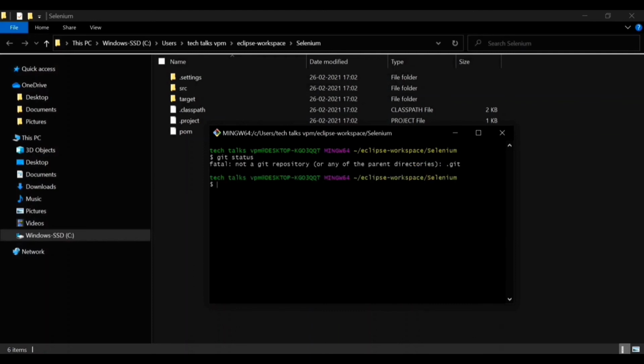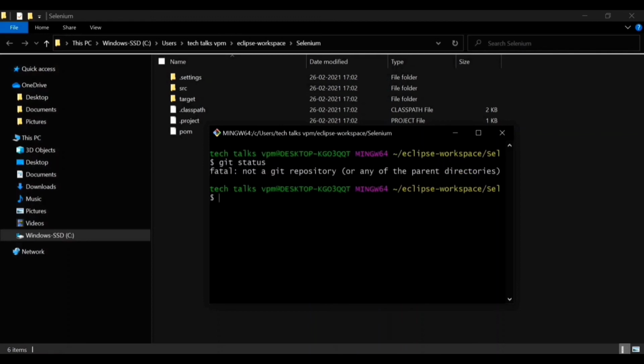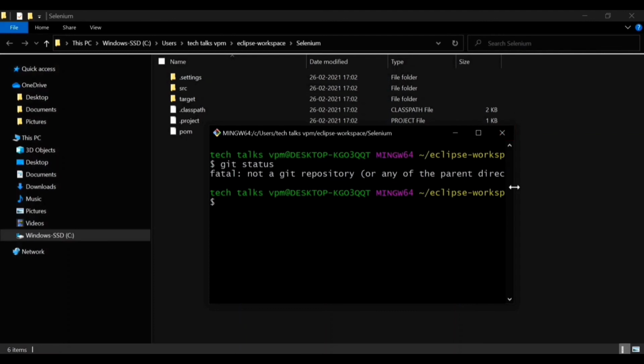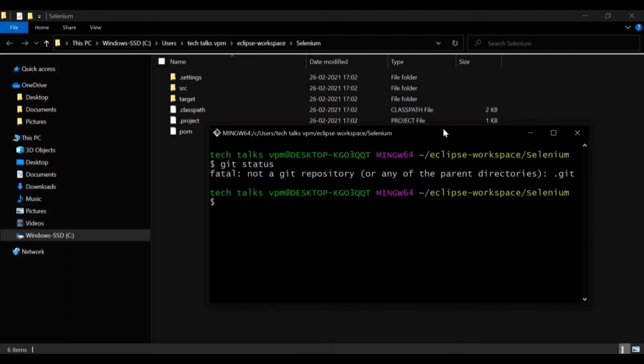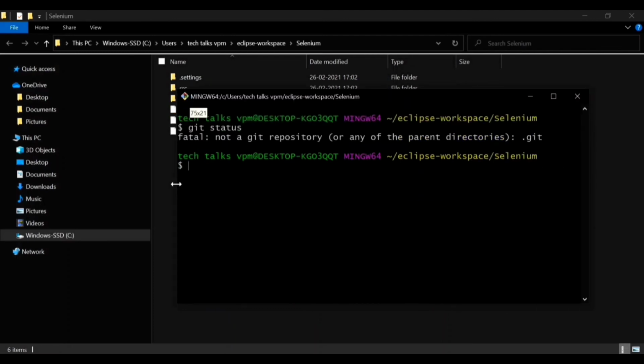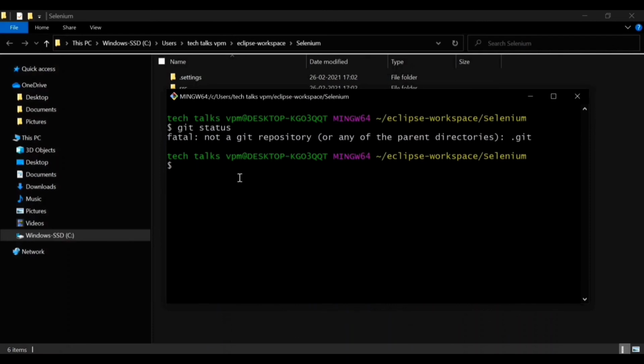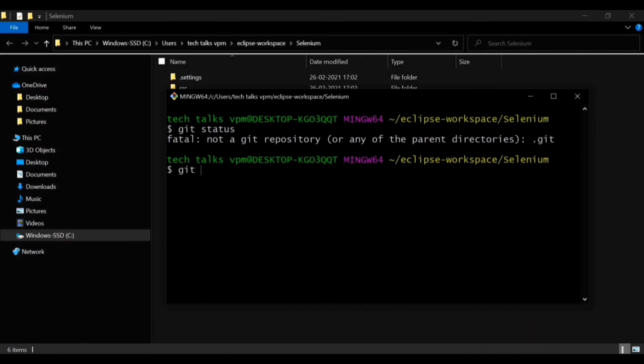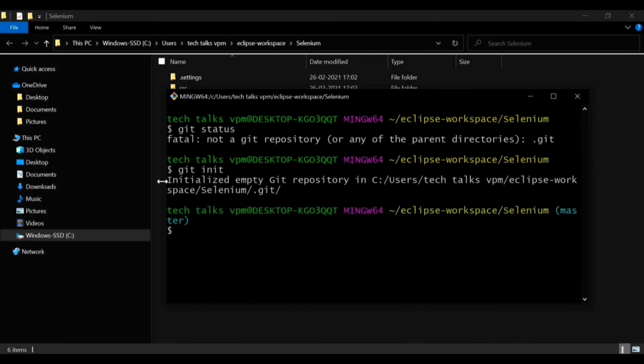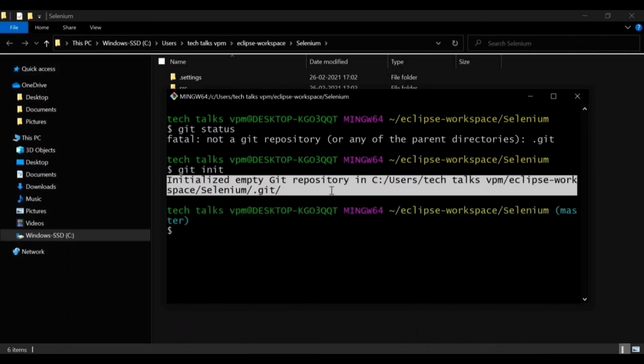But before that, if you type any other git command, such as git status, it will show that it's not a git repository. So we have to make it a git repository first. So we have initialized an empty git repository.